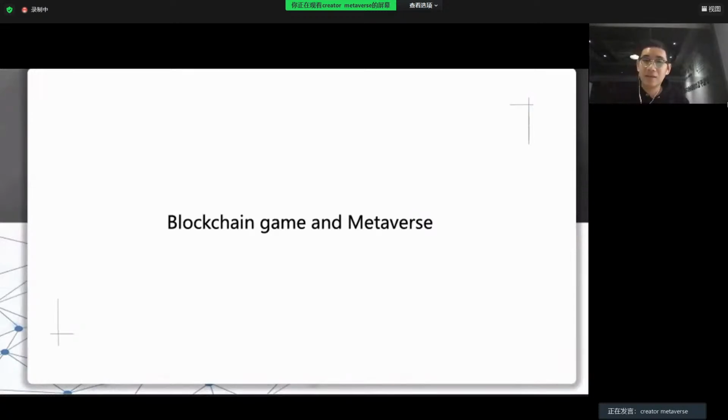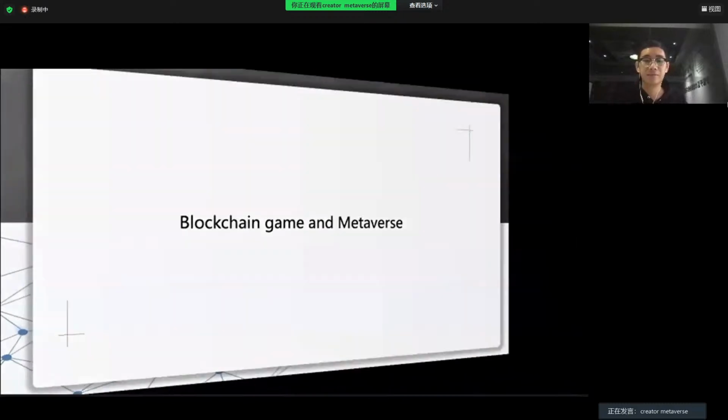And nowadays, we see a lot of fantastic and innovative games and metaverse projects. We will do some analysis about why blockchain games are so different and unique, why we want to build blockchain games, and why blockchain will drive the metaverse.